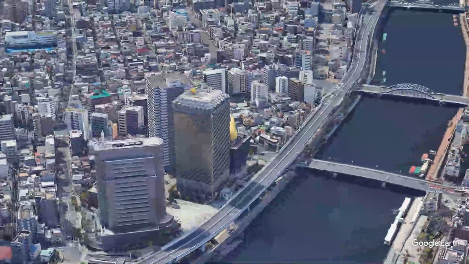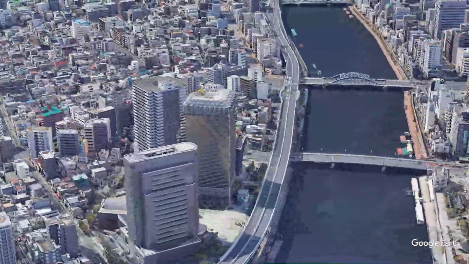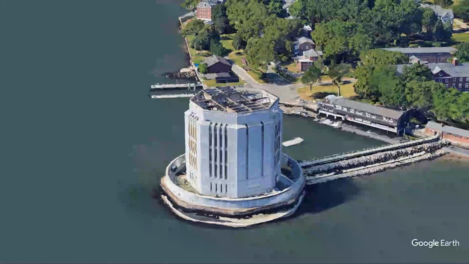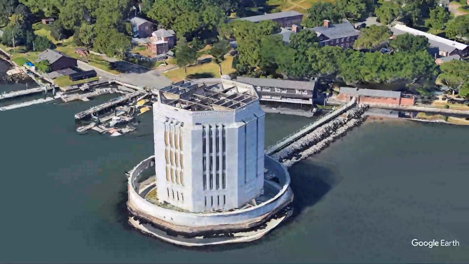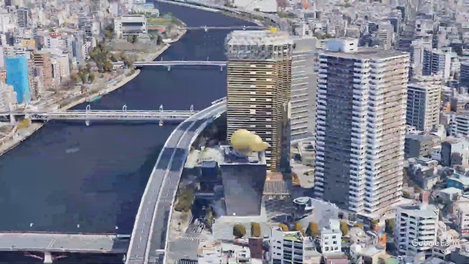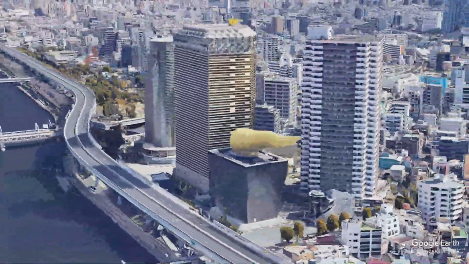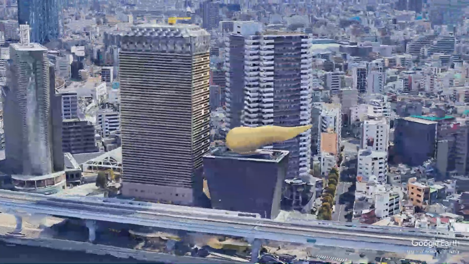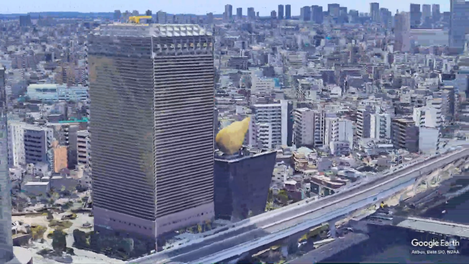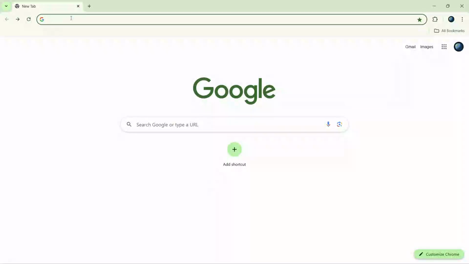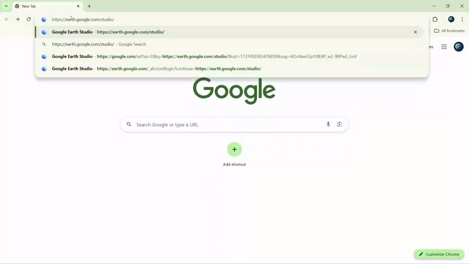Ever dreamed of creating stunning drone-like shots but don't own a drone? In this video, I'll show you how to use Google Earth Studio to create realistic drone-style animations right at your fingertips. We'll take a virtual flight over Tokyo and use default animations like spiral to mimic professional drone footage. Let's dive in. Open your browser and navigate to the Google Earth Studio website by entering its URL and pressing